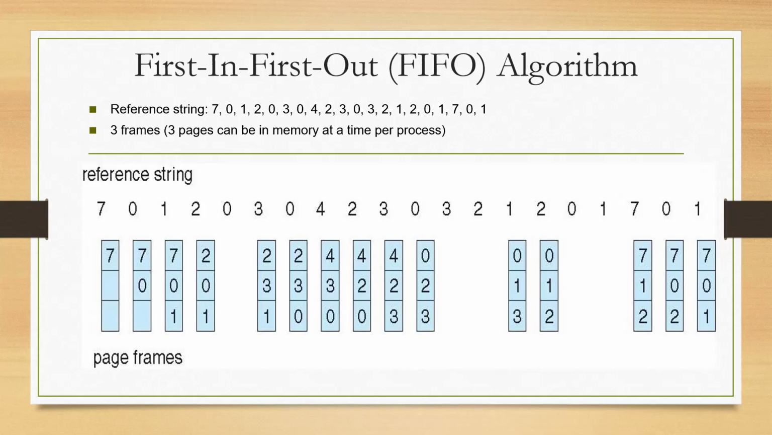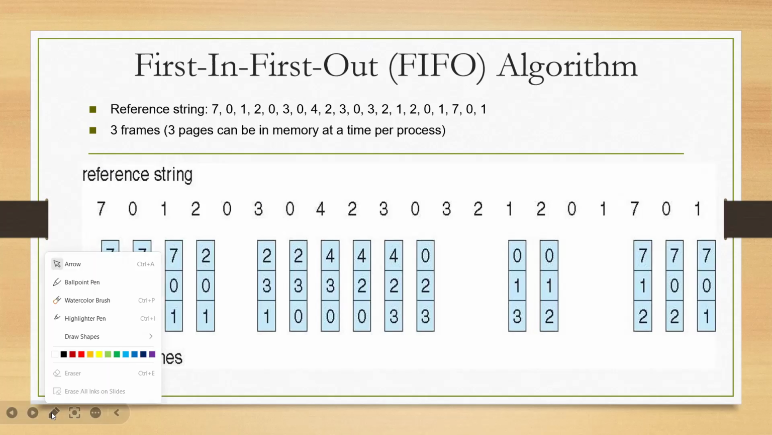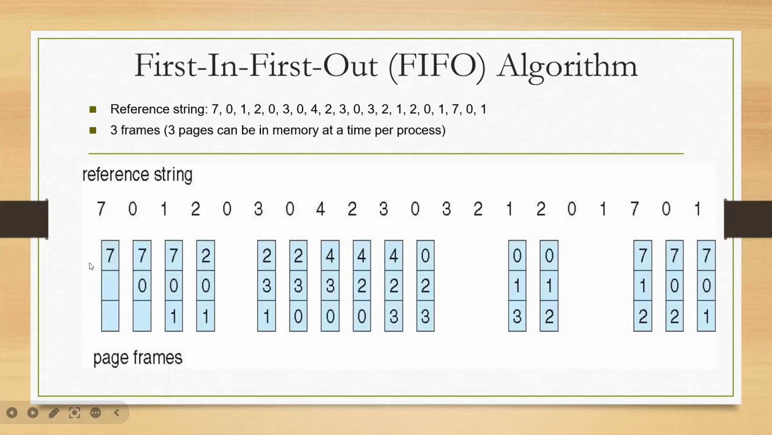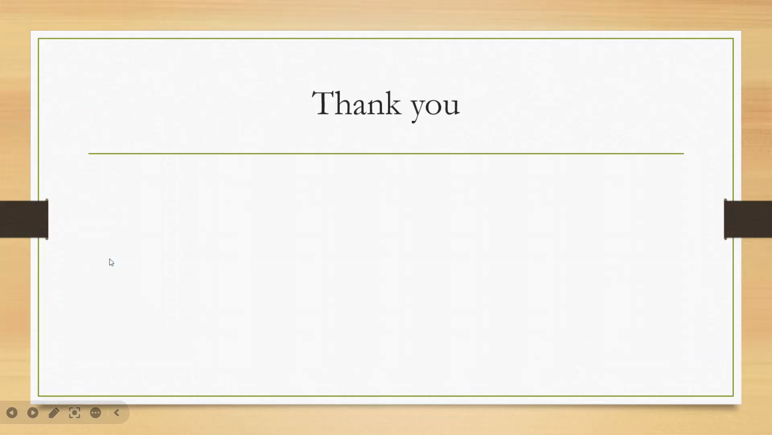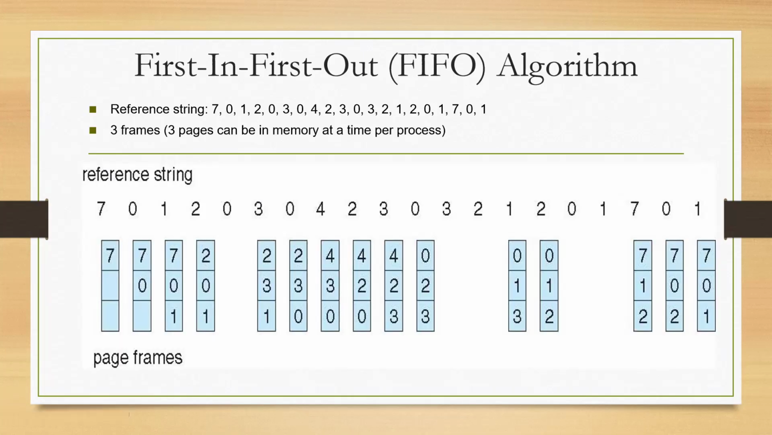Initially the first page number in the reference string is 7. 7 is not available, so a page fault occurs, and we can store it in memory. And the next one is